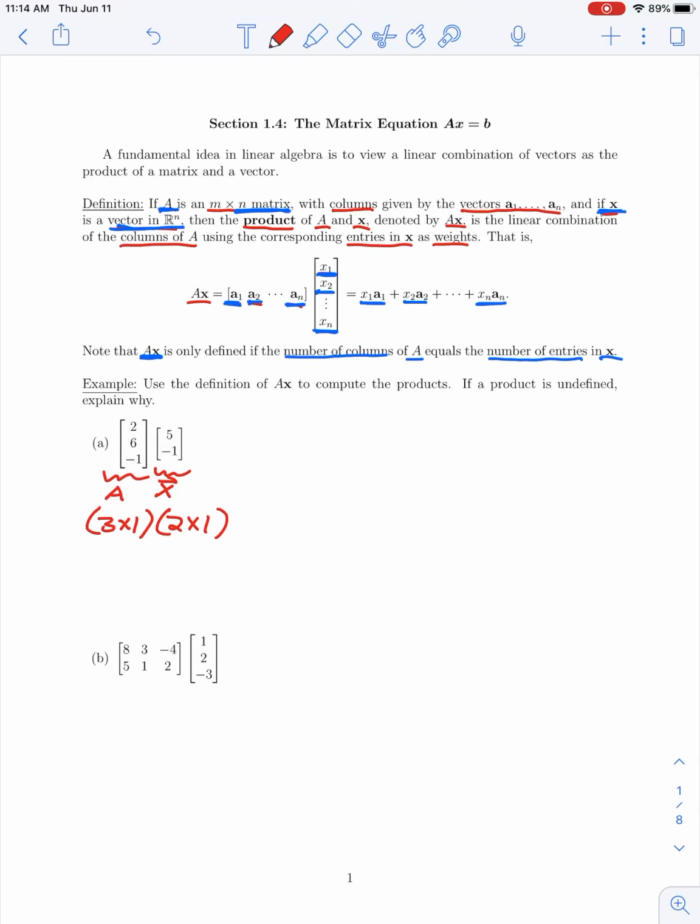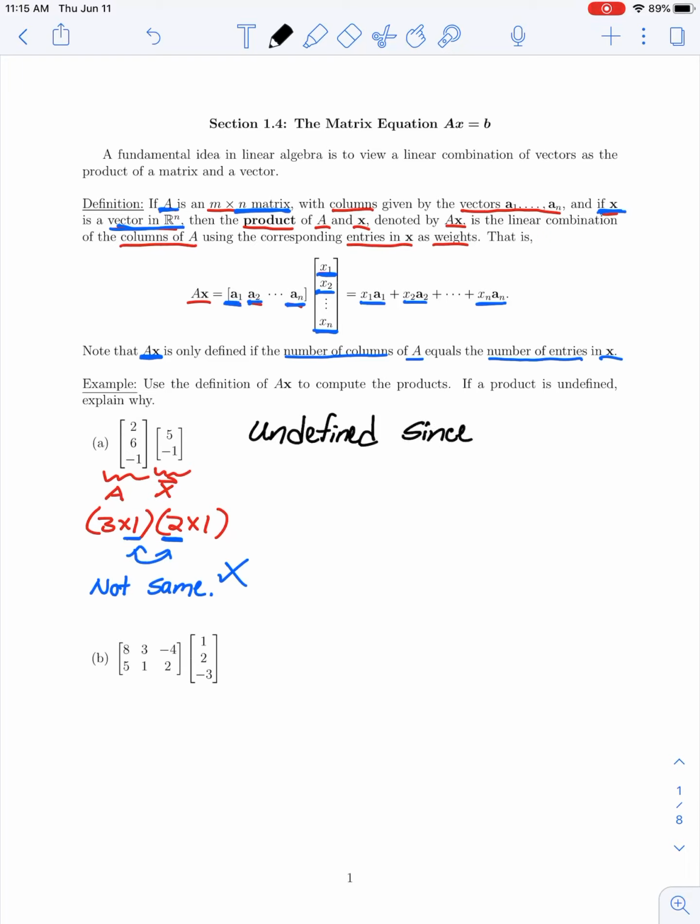So notice that the number of columns of A, which would be one column, is not equal to the number of entries of x. We had 2 entries in x. So in order for this product to be defined, these inner dimensions, when I write out my product, must be the same. In this example, these are not the same value. So this matrix times this given vector is not defined. So for part A, we could write that this product is undefined